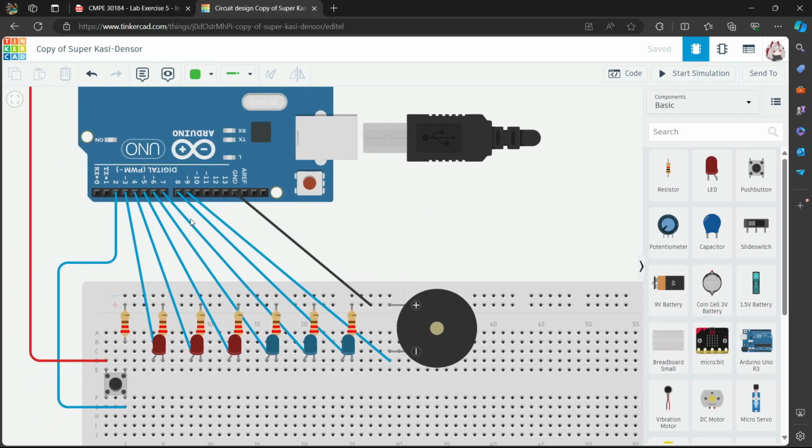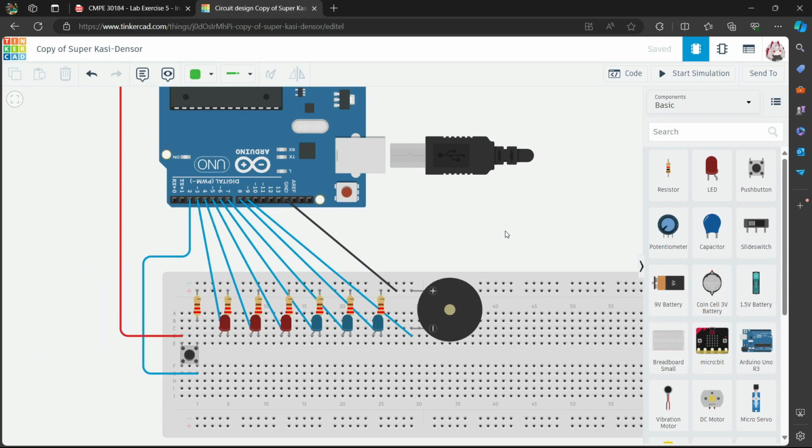Here, we can see that pin 2 is connected to the button, pins 3, 4, and 5 are connected to the red LEDs, pins 6, 7, and 8 are connected to the blue LEDs, and pin 9 and ground are connected to the buzzer.